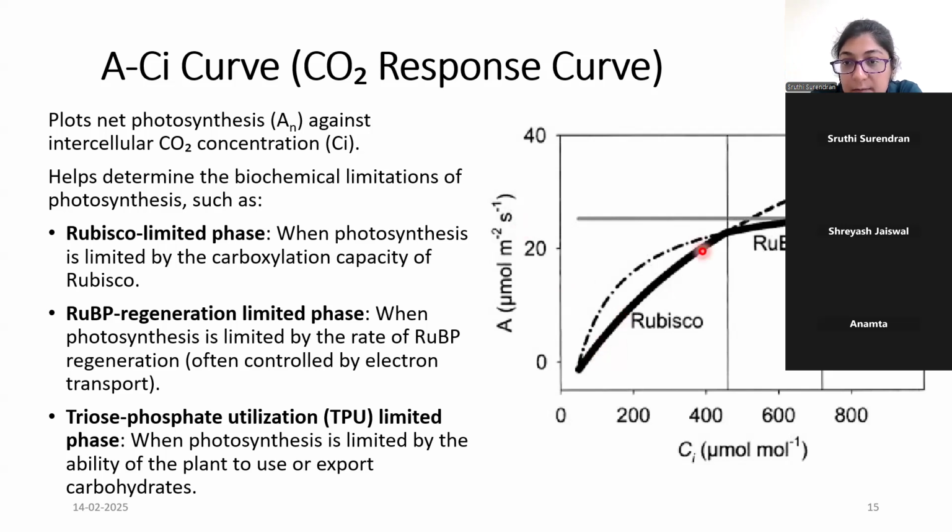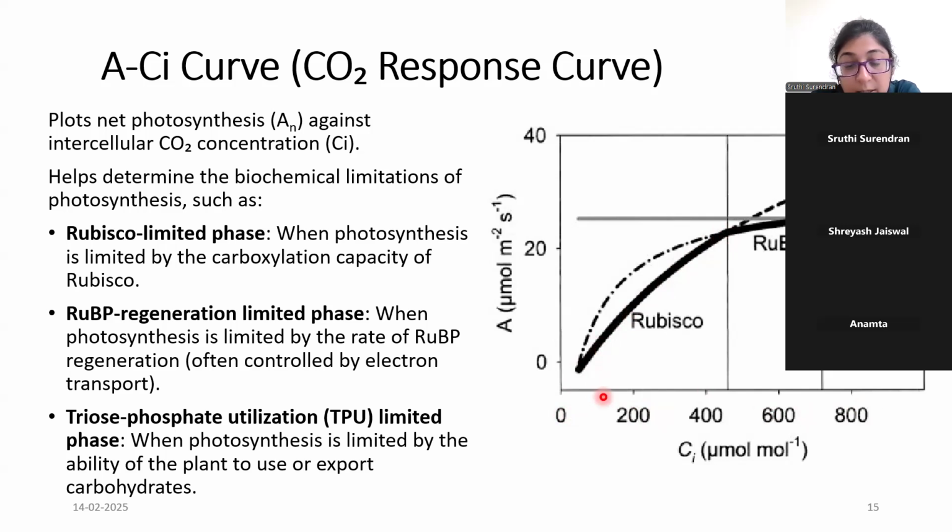Now, this is a typical curve that you can see for any C3 plant. This is the concentration of carbon dioxide inside the leaf: 0, 200, 400, 600, 800. As the carbon dioxide concentration increases from 0 to this high value of 800, the net carbon dioxide uptake keeps on increasing. After a point, the rate of increase changes. Now, if you see here, the slope is high. That is, for every 100